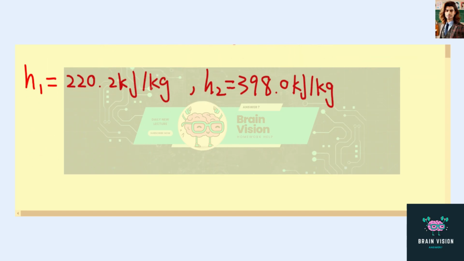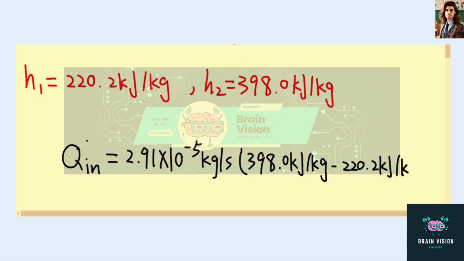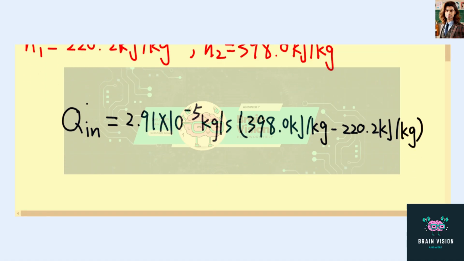So now let's plug back into the equation to determine the rate of heat that was absorbed from the air, which is equal to 2.91 times 10 to the power of negative 5 kilogram per second multiplied by 398.0 kilojoule per kilogram minus 220.2 kilojoule per kilogram. And this will give us the rate of heat transfer from the air should be equal to